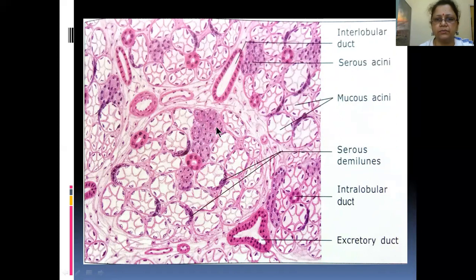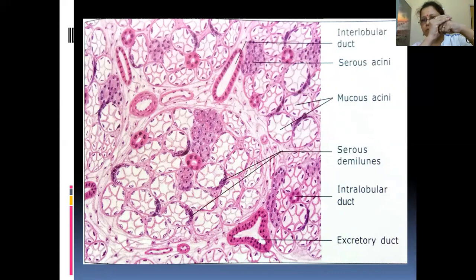This is again a serous area. You hardly can see the lumen. I said pinhead size almost. So comparatively, the lumen in the mucous acini is very big. And the mucous acini, always remember, will have a cap. It is a crescent shape area which is called serous demilune. I have a separate slide. I'll be explaining it very soon. So serous demilune. This is the mucous area, and there will be a crescent shape like this surrounding the mucous acini.